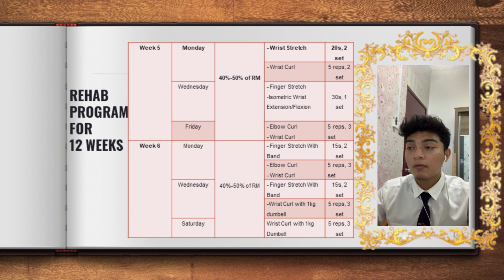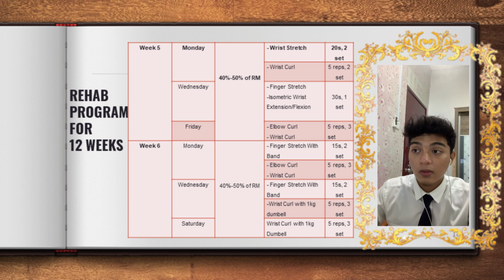Okay, so for Monday, we have wrist stretch. This wrist stretch we will do 20 seconds for 2 sets. Also wrist curl, we'll do 5 reps for 2 sets. On Wednesday, we do a finger stretch and isometric wrist flexion extension for 30 seconds for 1 set. And for the last day for week 5, which is elbow curl and wrist curl, we will do 5